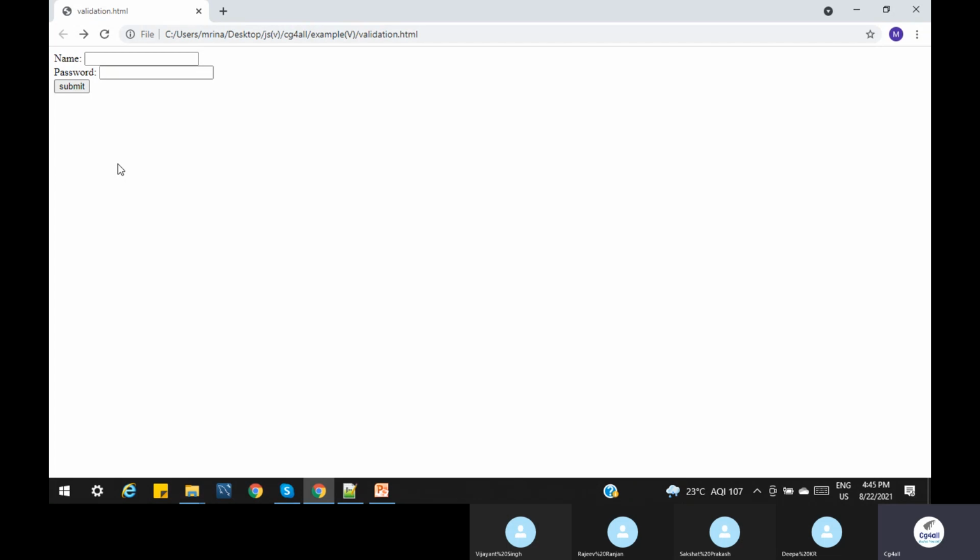If the user is not entering anything, it should be mandatory to enter. So it's not like you put a space and give submit. The requirement is not like that, that we click and go to the database. The requirement until now is that on clicking, we check that it is mandatory to put the username and password, mandatory to enter name and password. That is what I am achieving.